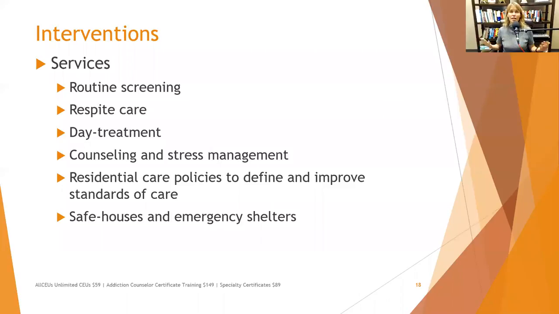Tai Chi has been found to be an evidence-based practice for a lot of symptoms of normal aging. Safe houses and emergency shelters are also important, because sometimes you will have an elder that's in a dangerous situation or in a situation where they're being abused in some way. And we need to have a place that they can go right now, not when a space opens up or once we get approval from Medicare. They need to go there now.